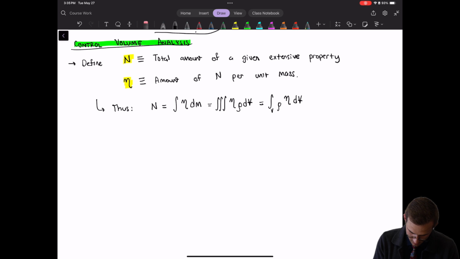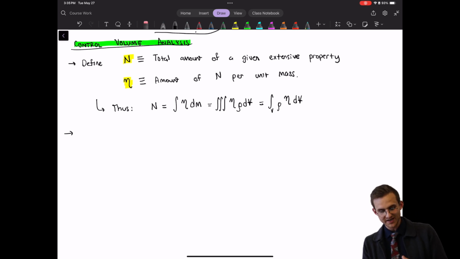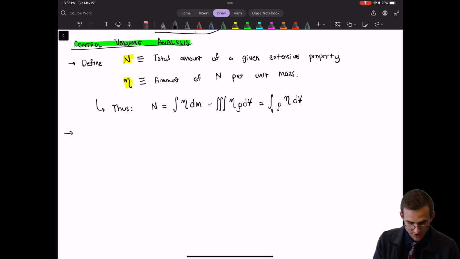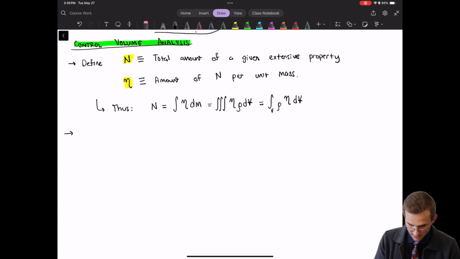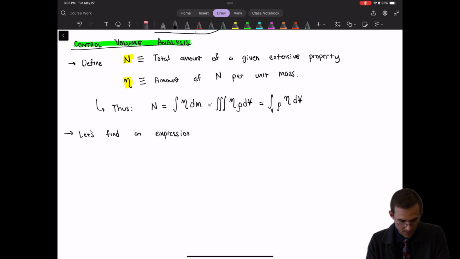So what we're going to try to develop is an expression for the total derivative of N, which is, again, just the total amount of a given extensive property. So let's find an expression for dN/dt, which, by the definition of the derivative,